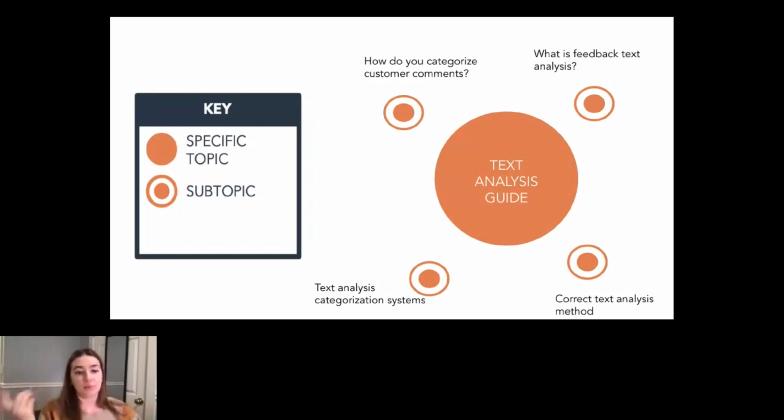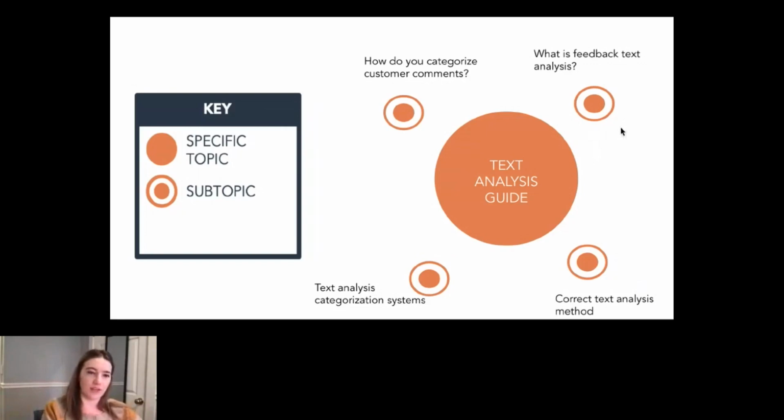Subtopics should be specific enough that you can cover them completely and comprehensively in one blog post. And if you need more than one blog post to cover it, it's probably a good candidate for its own pillar page. And when I am searching for subtopics, I usually recommend looking for a monthly search volume of at least 300 to ensure that it's a topic that people are actually searching for. That, of course, isn't a hard and fast rule. There can always be exceptions, but it's a good starting point if you're looking for one.